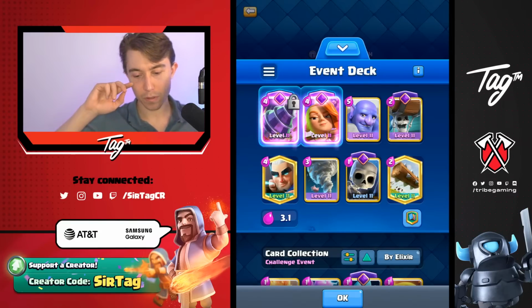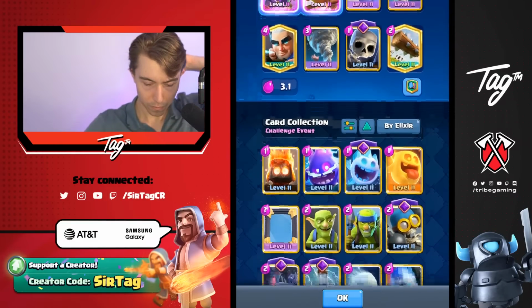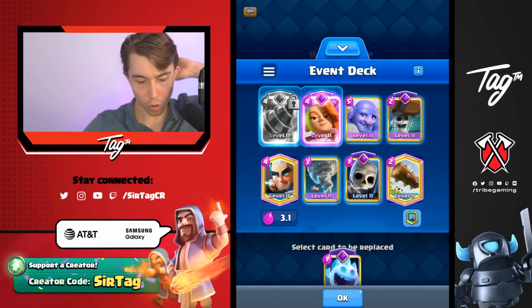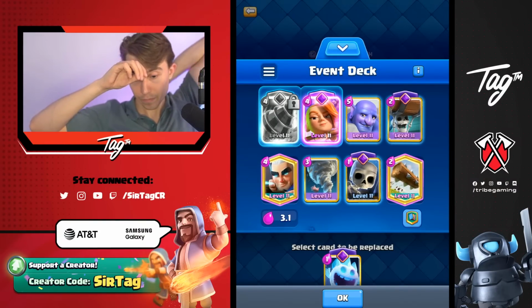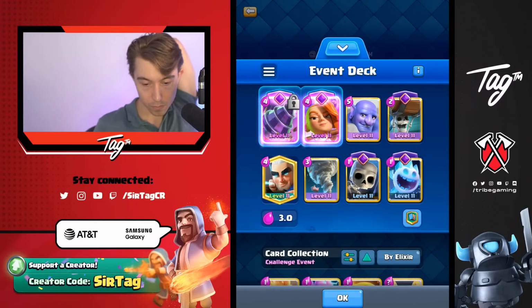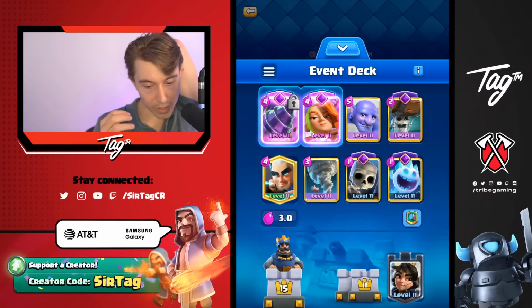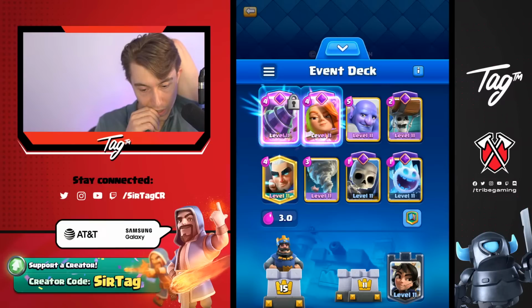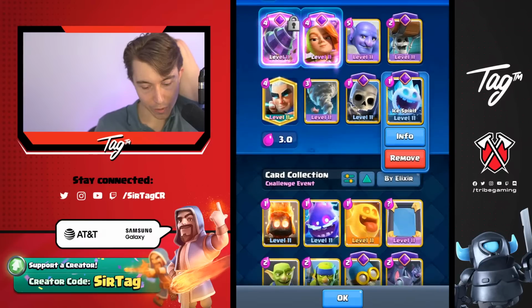I mean, the bomb tower isn't even necessary, really, right? Are the wall breakers uber necessary? The log uber necessary? Yeah, this is fine. Faster cycle. The log isn't extremely necessary. It's nice, though. Because we have all this splash damage, I think we're okay. And Fire Spirit as well, just to kill the...